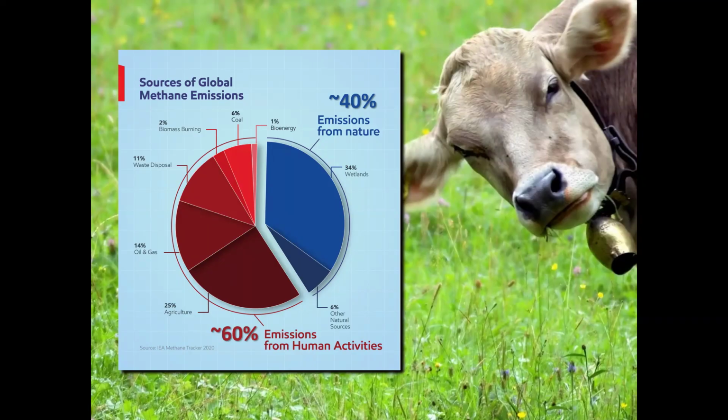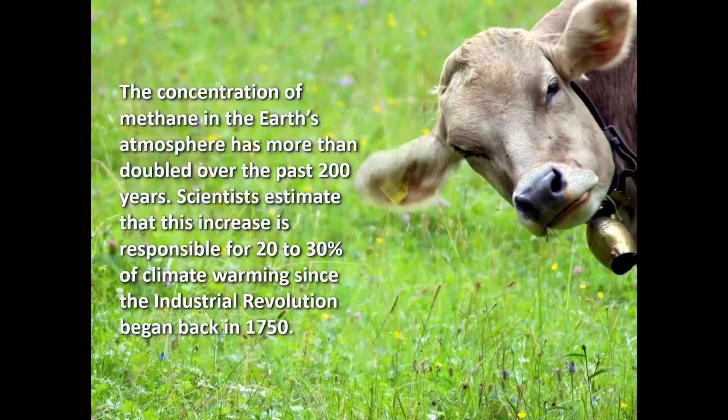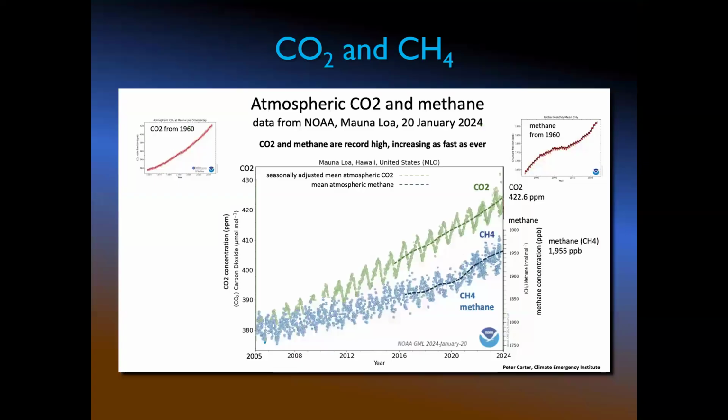So when the final runs around, please be aware of that. Concentration of methane in the Earth's atmosphere has more than doubled over the past 200 years because of human activities, because of human lifestyles. This increase is responsible for 20 to 30% of climate warming since the Industrial Revolution way back in 1750. And again, you can see that here, where you can see the same trends as what we're